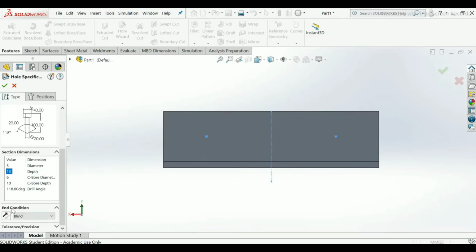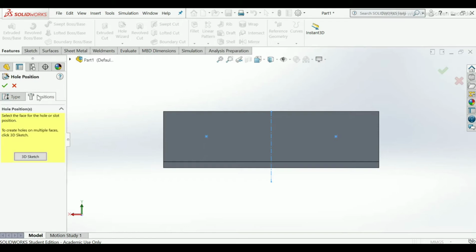Actually what happened is that the end condition was up to next, which I had selected wrongly, so I now choose blind. So you can change the depth length to 13 mm. Now make sure of it. Now apply position. Take here position 3D sketch.